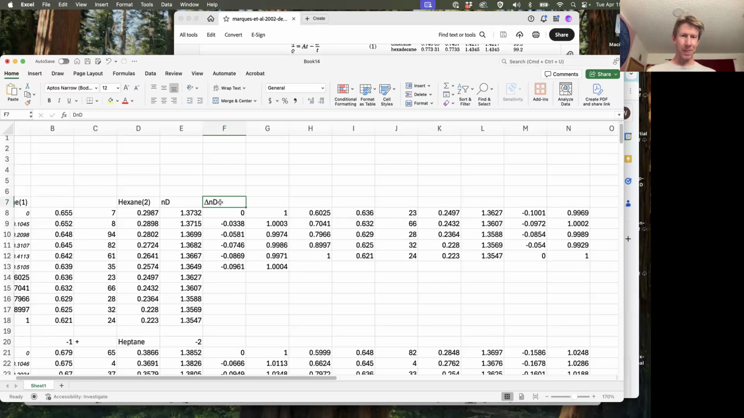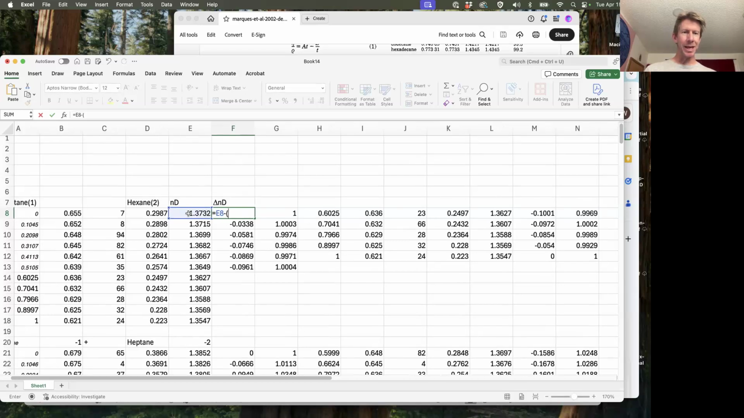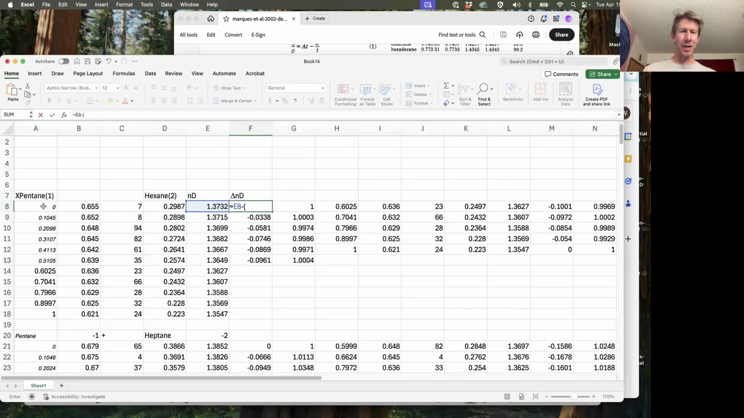But DND, the formula is going to be equals whatever the experimental value is, minus. And for this particular case, you can see that at 0 mole fraction, it's going to have a higher refractive index, and at 1 mole fraction, it's going to have a lower. So it's always the difference here, 1.3732 minus the other one, 1.3547. And that's going to be times